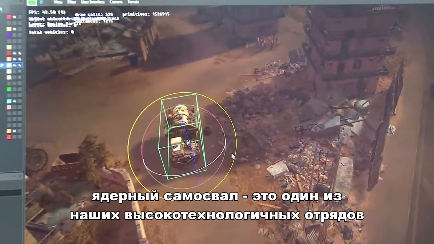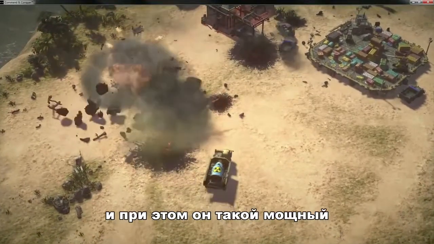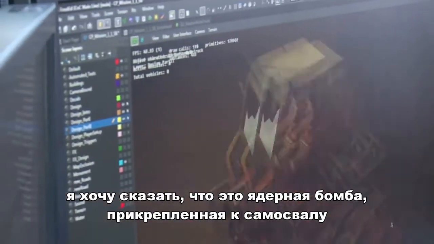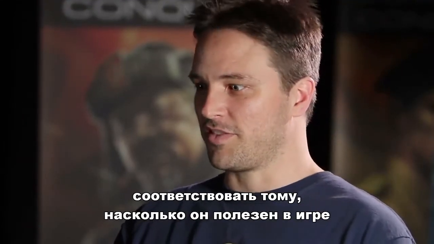The nuke truck in particular is one of our high-end units. So balancing its cost is interesting because you only get to use it once, but at the same time, it's so tremendously powerful that it can't be a cheap thing. I mean, it's a nuclear bomb strapped on the back of a dump truck, so we have to price it accordingly, and then we have to make sure that the technology investment is sufficient